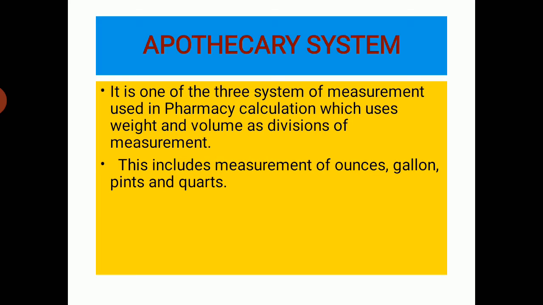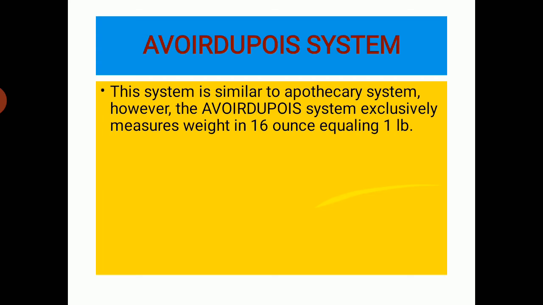According to this system, the standard unit for weighing is the pound, and all the other measures of mass are derived from the pound. It is represented by lb. 1 lb is equal to 16 oz, and 1 lb is equal to 7000 grains, and 1 oz is equal to 7000 upon 16, that is 437.5 grains.